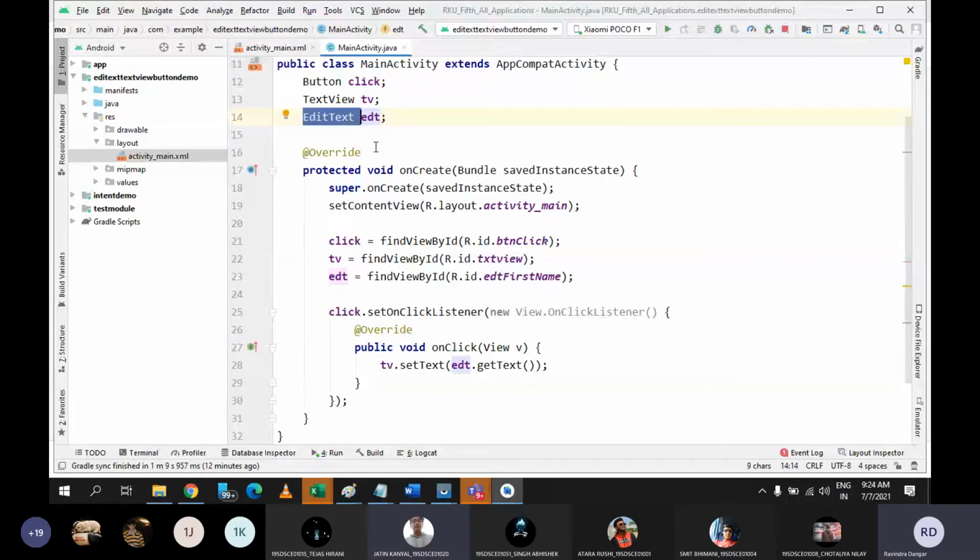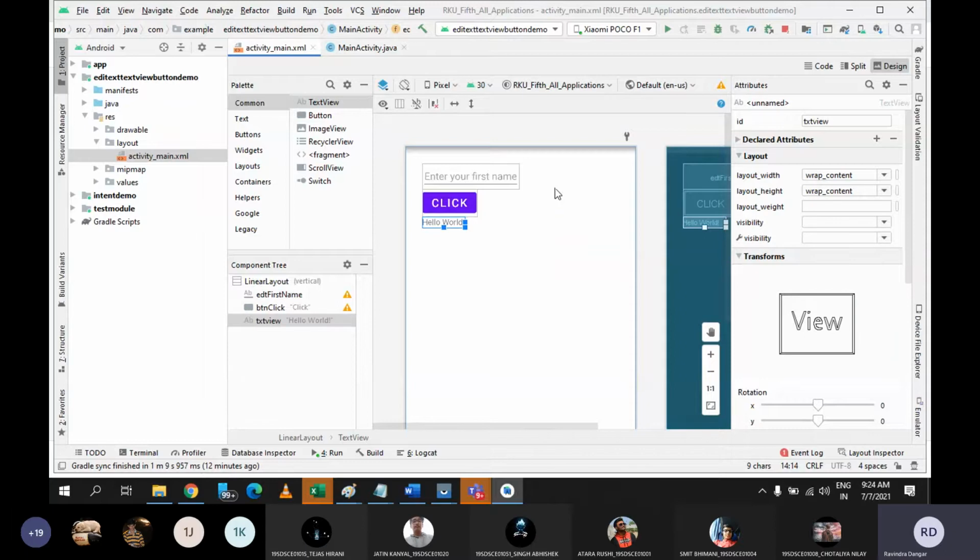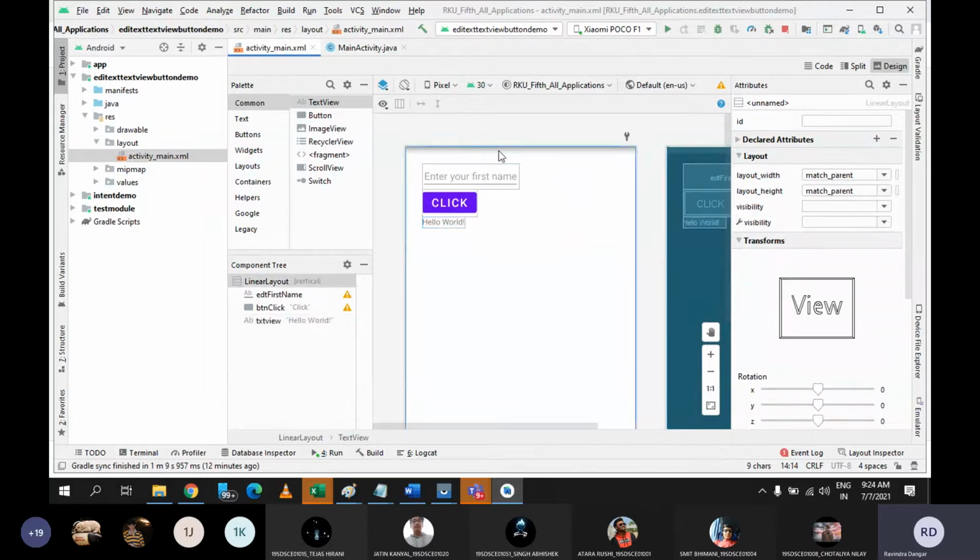Oh, okay sir. Yes. So the only thing you need to remember is, in your application, go to the design part, go to the XML file, and check how many controls are there. As of now there are 3 controls. You need to identify which control it is. The first one is the edit text, the second one is the button, the third one is the text view.